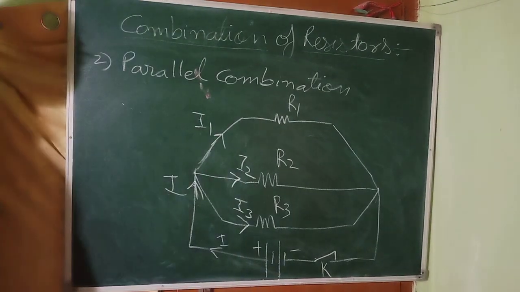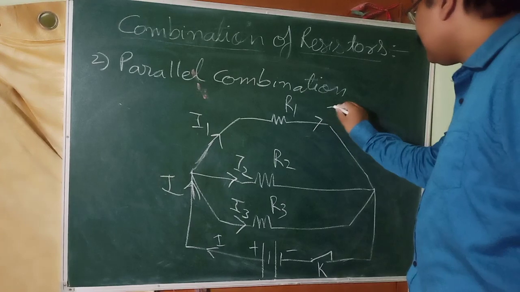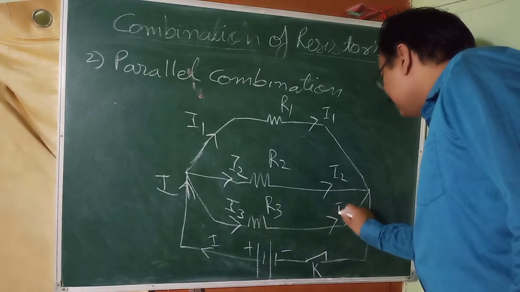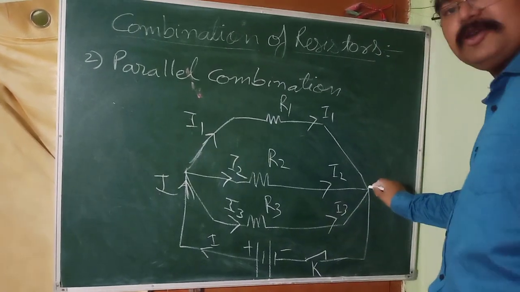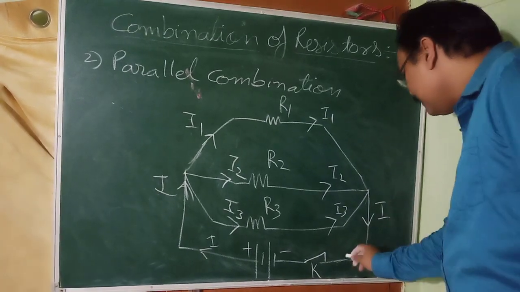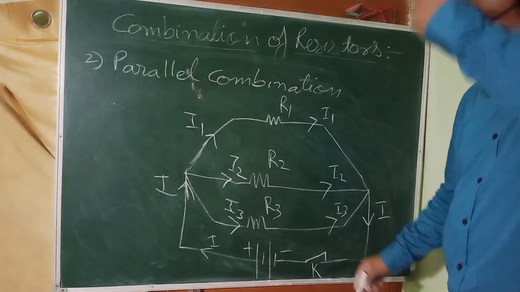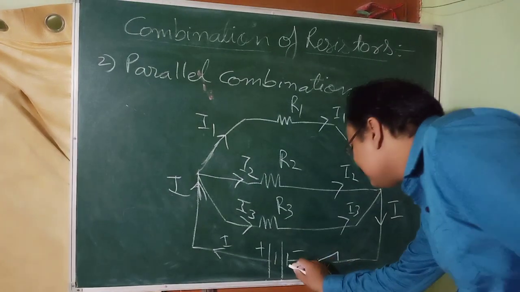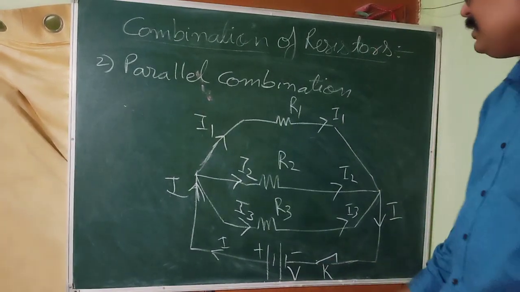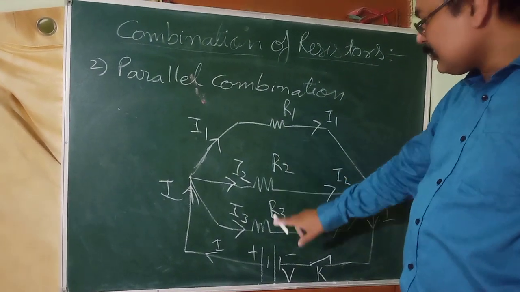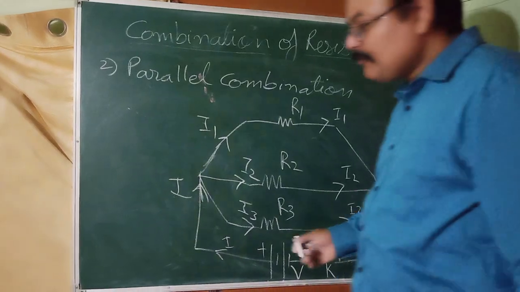Okay. Now what will happen? The same currents will reach here, this side. I1 will reach here, I2 will reach here, and I3 will reach here. And when they come and combine over here at this junction, what will we get? Again I. Okay. And I will enter the negative terminal. That's what will happen. So what did you find? The current is different. Here the potential difference of the battery that is applied is V. Okay. What you will find? According to the definition, the potential difference across them must be same. And what can we write according to that?